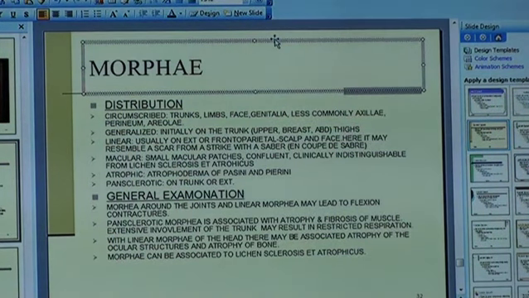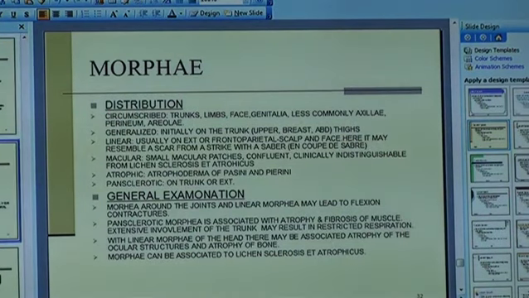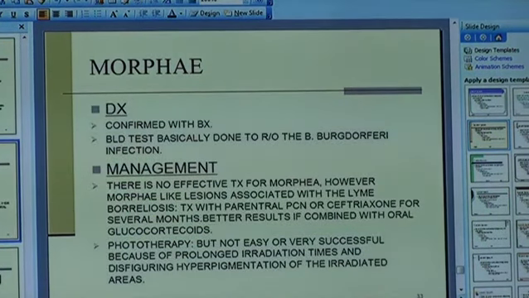Diagnosis is usually confirmed with biopsy. Blood tests are basically done to rule out Lyme's infection. And management: there is no effective treatment for morphea. However, for morphea-like lesions associated with Lyme's, treatment is with parenteral penicillin or ceftriaxone for several months. Better results if combined with oral glucocorticosteroids. And then phototherapy. It's not easy or very successful because of the prolonged radiation times and disfiguring hyperpigmentation of the